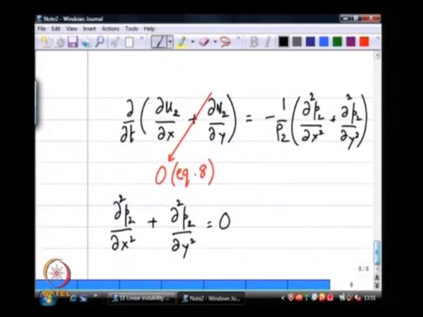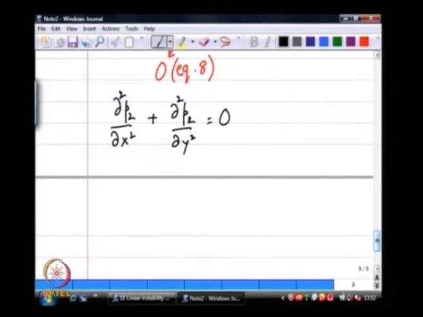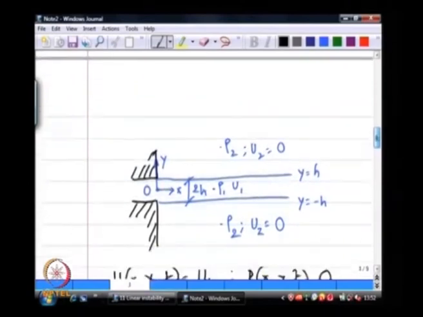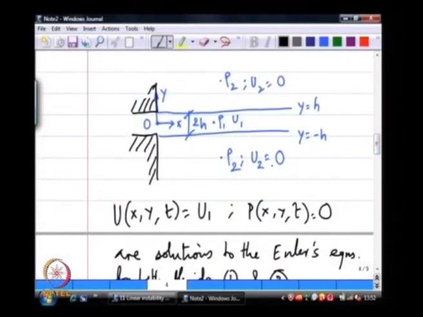We know how to solve this equation, that is our good old Laplace equation. And I can solve this by separation of variables. I am not going to do that here, I have already done it once. What you will end up seeing, P 2 is the fluid outside the liquid, it is like the air. Now, if I go back, I really do need to make the distinction between 2 and 3, because what I call the boundedness condition for large y would be different for this fluid 2 which is above and this fluid 3